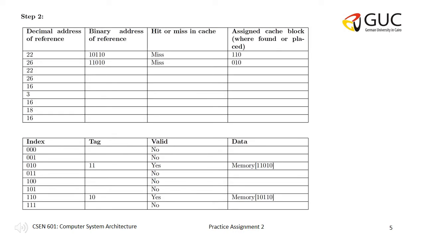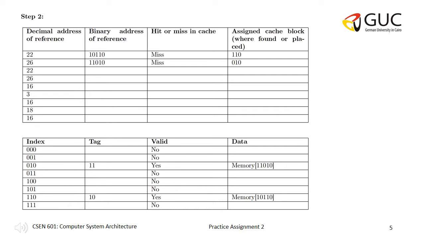For the address 26, it's similar to the previous one. We first convert it into binary, so the number is 11010. Since the index is 3 bits, we take the 3 least significant bits from the address, which is 010. Therefore, we go to block number 010 and check the valid bit first, and we find that the valid bit is no. That means there is no data in this block, which means this is a miss, as it appears in the first table. Now we should update the cache